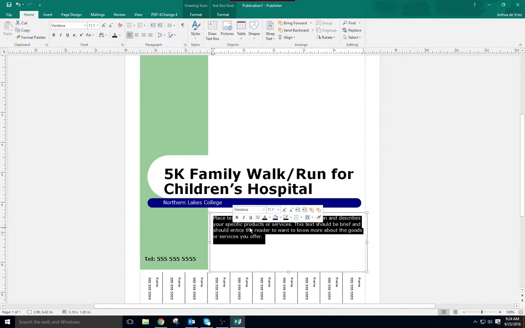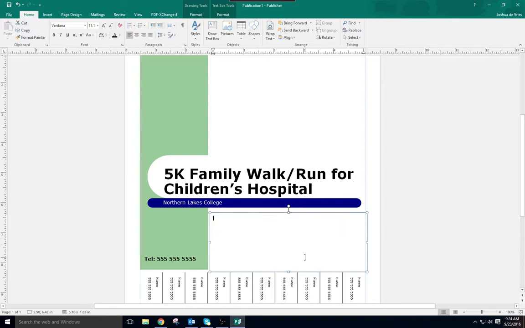Now we have to put here, highlight it, so left click, drag, delete it, and we're typing in exactly what it says there on the big red 4 on page PUB 16. So we're actually writing support Children's Hospital by